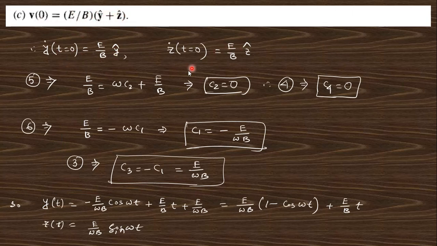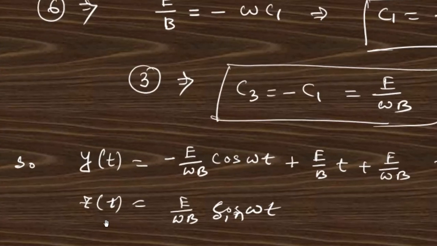So put these two expressions in this equation 5, you will get this one, from where you will get c2 as 0, so c4 is also 0, and when you put equation 6, then c1 will be like that. So after getting c1 you will get the value of c3, put these values of c1, c2, c3 in the y and z, you will get